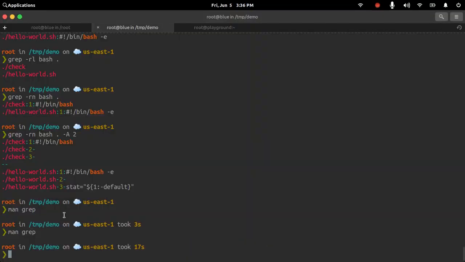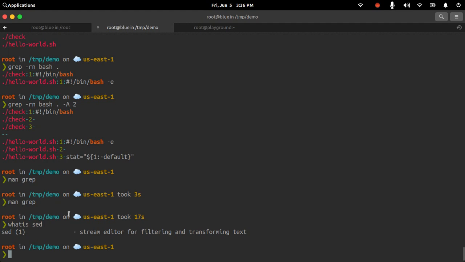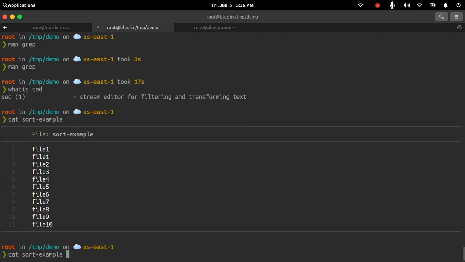Now the next command is the stream editor, the sed command. So what is sed? Stream editor is basically a very powerful tool in Unix, and it is used for printing the match string, as well as, if you want to input certain contents in your file, it is also used for that. And stream editing is a very popular tool and very widely used when you are operating on a number of files. So let's say you have this file, for example, short example.